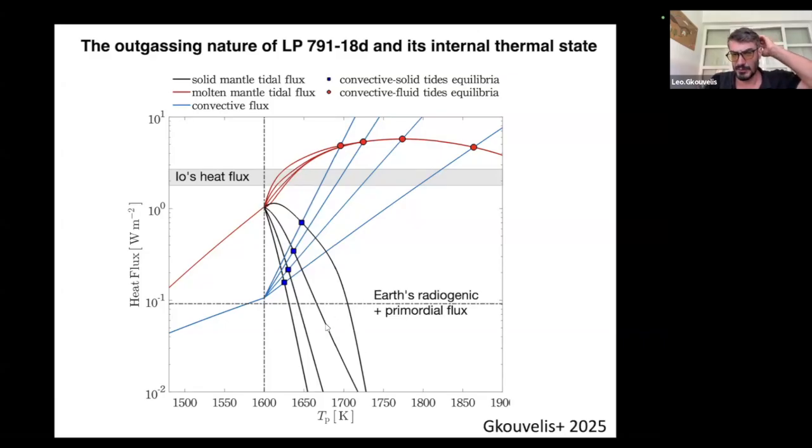We apply here two different models. You don't need to know all the details, but the more sophisticated is the red one, which treats all of the fluid dynamics in the interior of the planet. And what we show here is that the scenarios that are possible for this planet in the interior is that the temperature of the melt would be more than, let's say, 1700 Kelvin. And you see here that this is much higher than Io's volcanic activity. So as a result, we can guess that this planet can have highly volcanic activity on its surface.